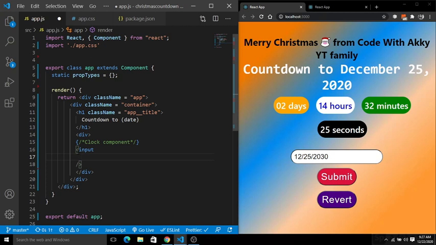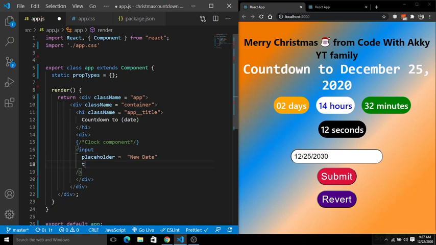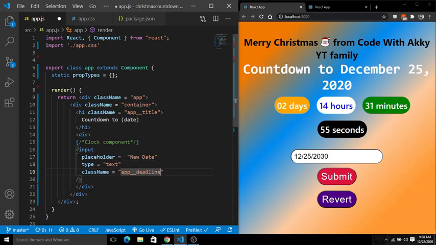Inside the input field we have a placeholder. Let me give the placeholder in capitals, "New Date". We have a type, so the type will be text. Save. Give the class name. I am giving the class name app deadline. Now I am done with this.